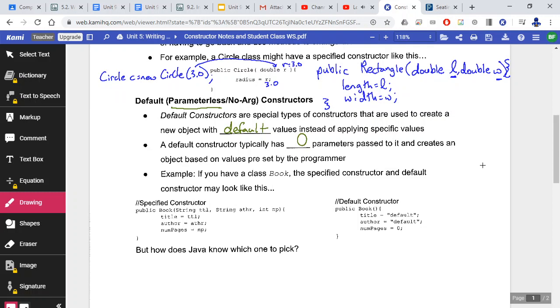Now, how does Java know which one to pick? That's a great question. Using these examples of book here, let's go ahead and make 2 different book objects. If I were to say something like Book B1,